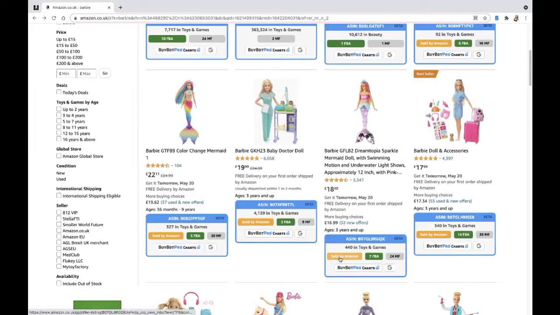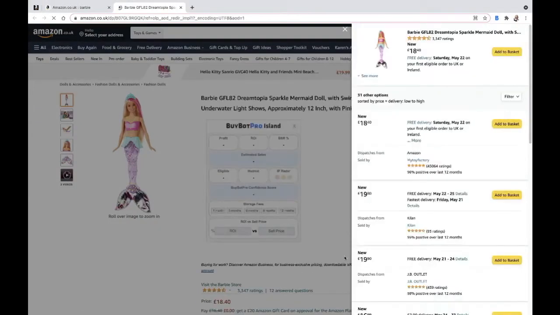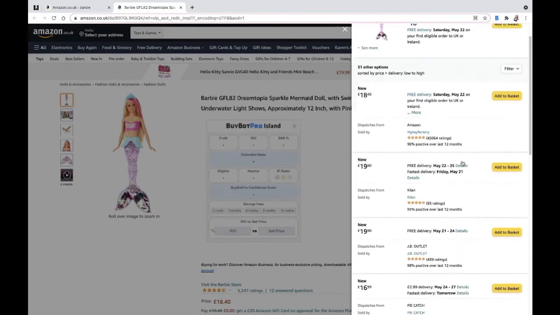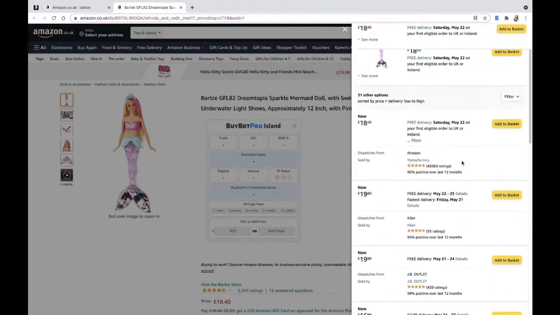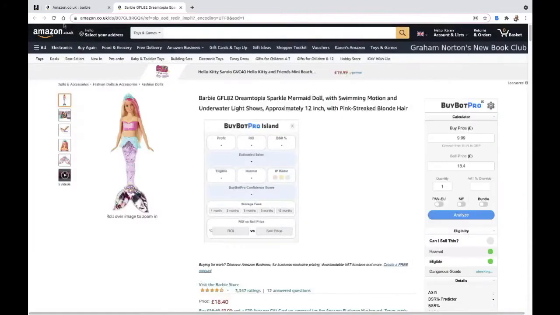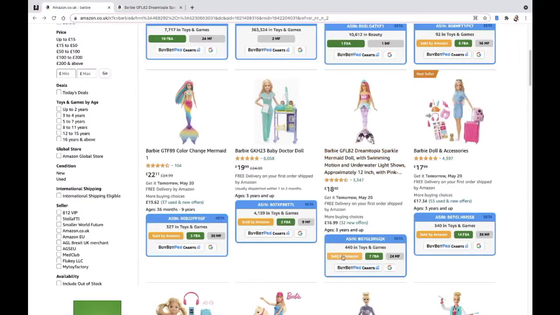Now, if we go back, if you click on any of these, sold by Amazon, FBA sellers, whatever it is you click on, it will take you into the seller list and to the sellers. So you can see exactly what's going on with those sellers in there. So if we go back to here, and then any of those links you can click to do that.